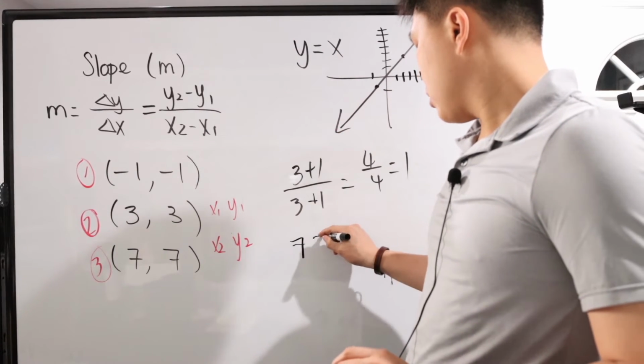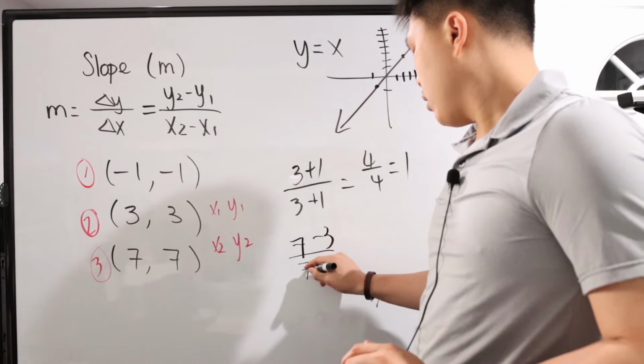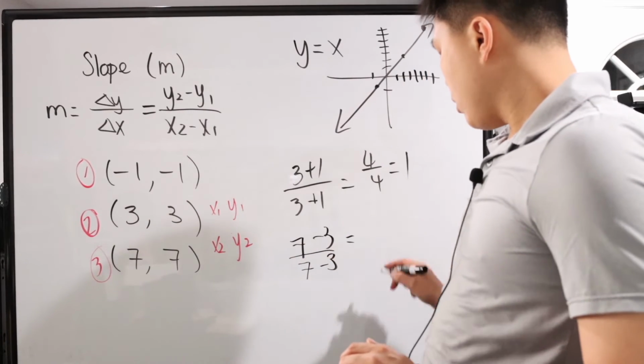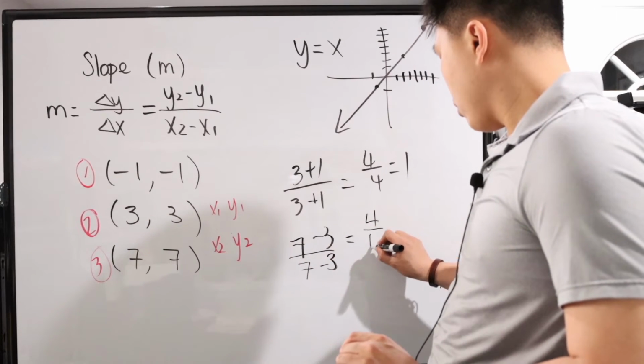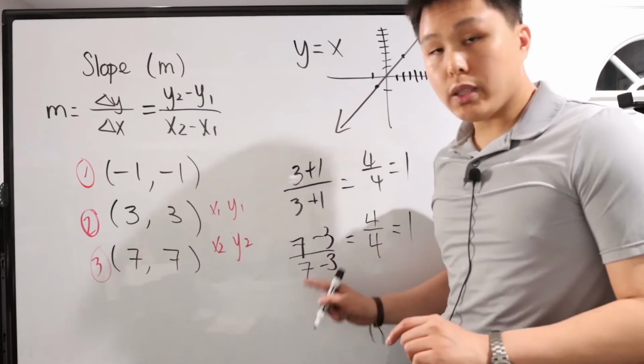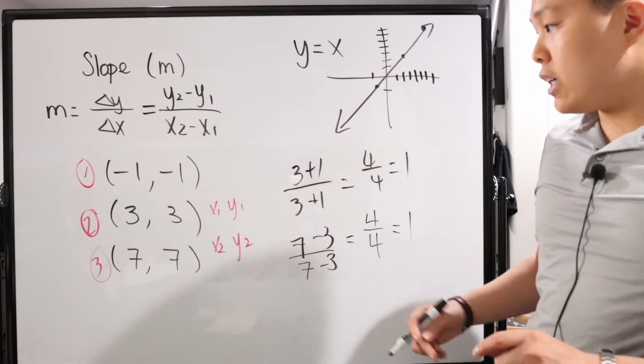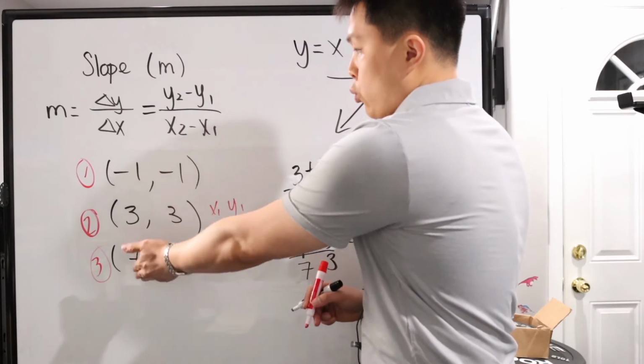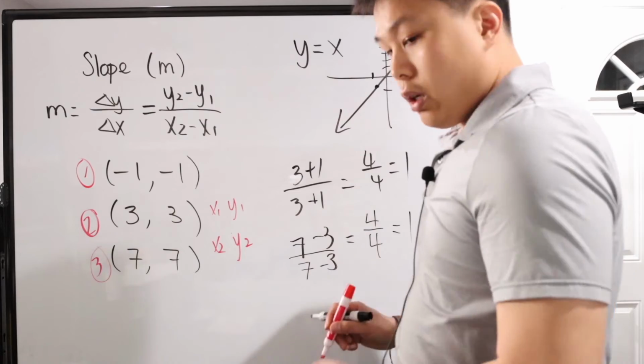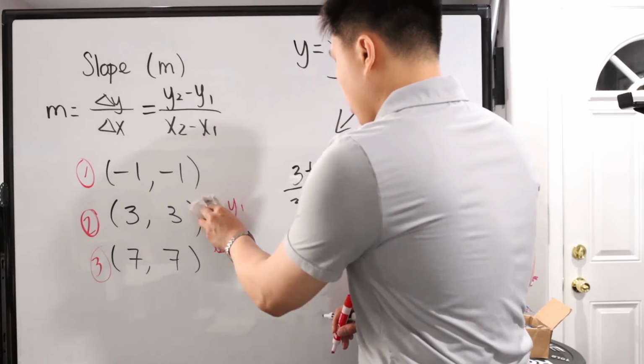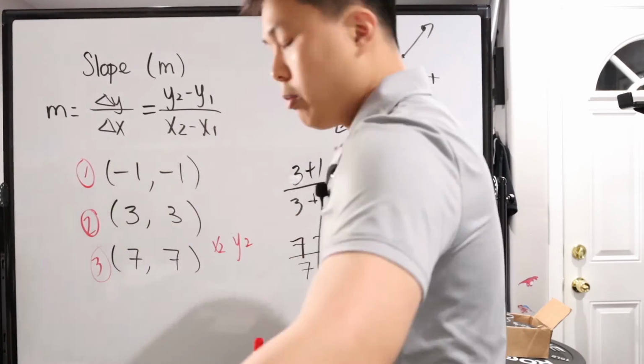7 minus 3 over 7 minus 3, which still happens to be 4 over 4, which equals 1. See, notice that their slope is still the same. I could even go so far as to work out this one right here, the 1 and number 3. If I were to keep this as x2, y2, and then instead I would make this one